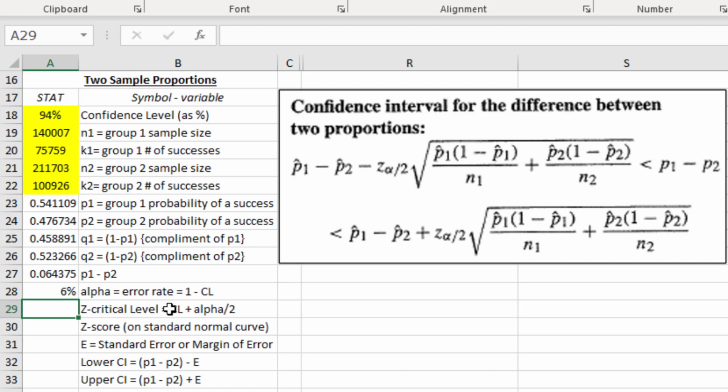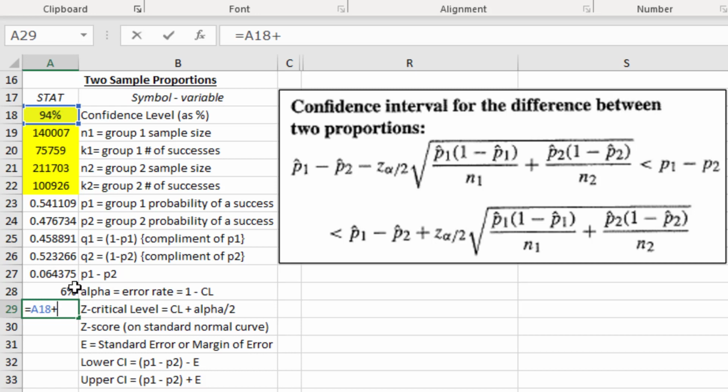Because we're looking for that upper bound that captures everything except for that half of the alpha that's in the upper tail. So that's why it's going to equal the confidence level, the 94% that's in the middle in the confidence interval, plus half of the alpha that's down below in the lower tail. And then that gives us the total amount that's going to be below this Z-score that we're looking for. So that's going to equal our confidence level